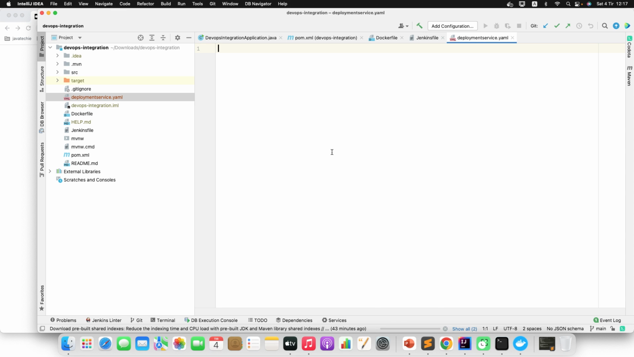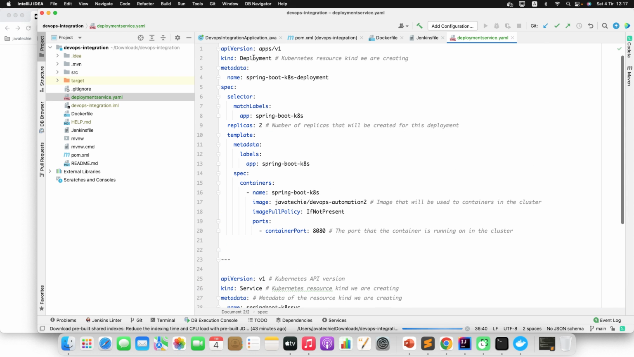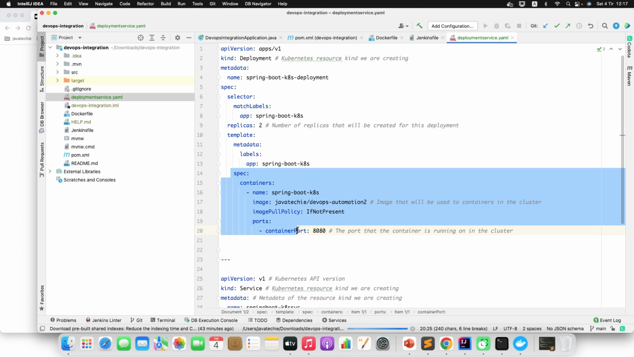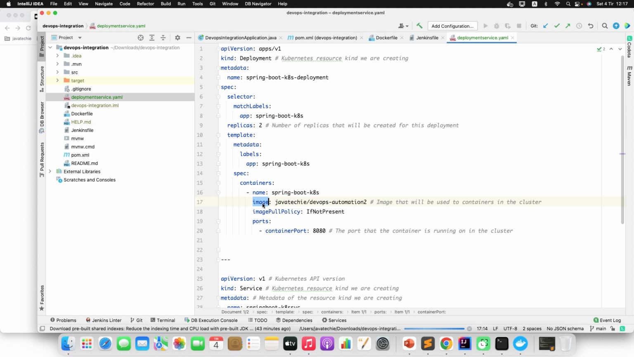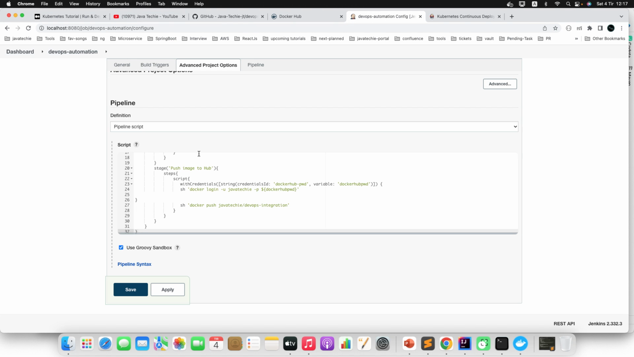So just add it. I'll add the file details. If you observe, this is my deployment object and the name of my deployment, then the replica number of pods I want up for this particular deployment, and the label you need to specify. Then you need to specify the containers information. This is the important thing you need to remember: you need to give the image name which you are creating from the Jenkins file. If you go and check in our configure section, the image name we are giving is Devops integration. So just copy this,